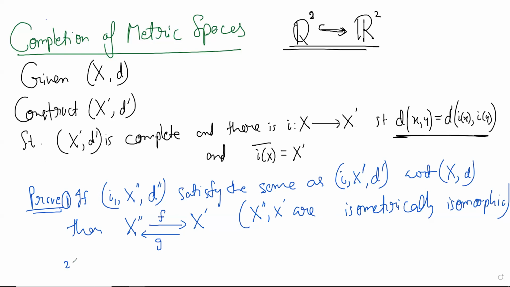And the second is another property of this. So now you have proved that there is only one such thing, okay? And the second property is the following. If (y, d1) is complete, okay, then what happens? If (y, d1) is complete, and we have the following: x to y,